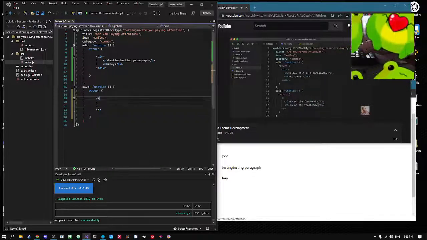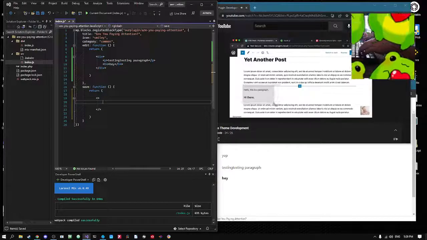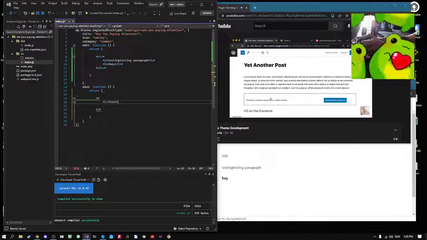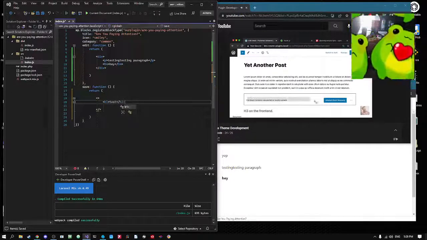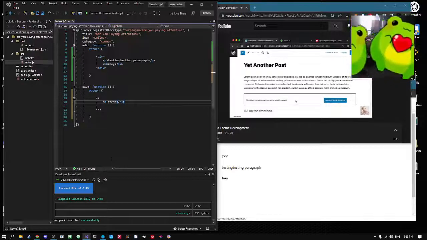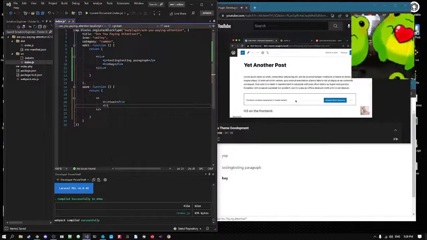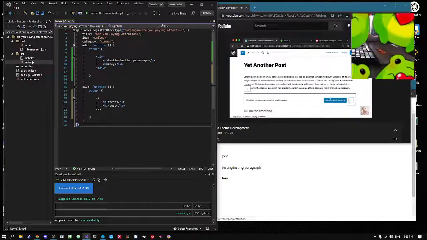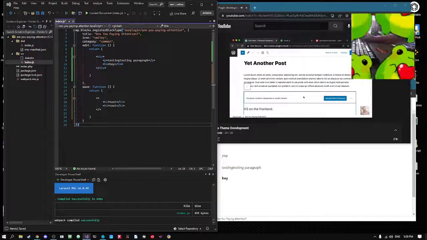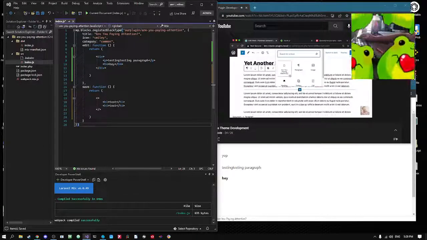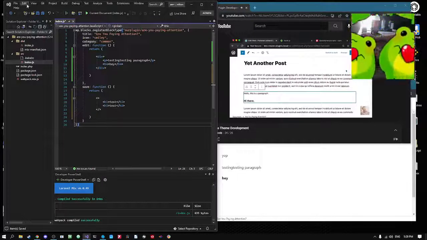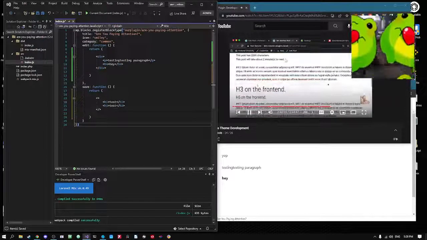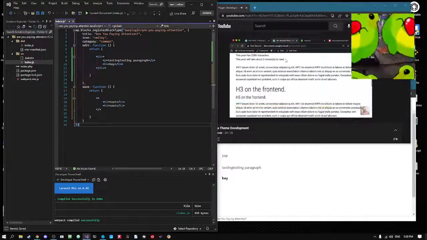If we save that, now because we already have this block, which is an instance of the block we're working on, if we refresh, WordPress says, uh-oh, no way. This block contains unexpected or invalid content. This is totally normal and to be expected, and we'll learn more about why this is happening and how to avoid this issue in a future lesson. For now though, you can just click on that block and delete it. And then you can always just insert a new copy of the block. Cool. So if we click update, and then if we view that post on the front end, perfect. H3 and H5 on the front end. And that is going to bring